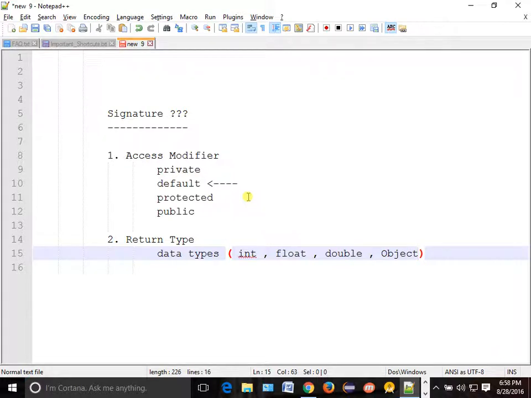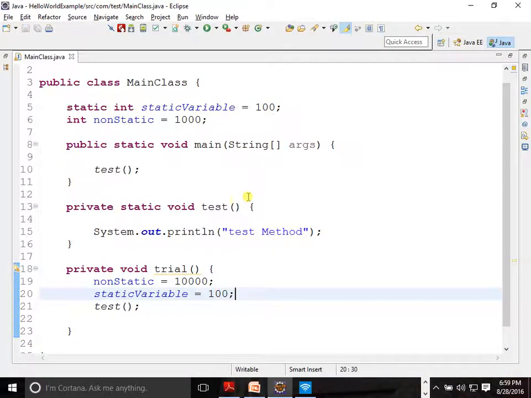You can return some object also. If you don't have any return type, what do you use? Void. In this case, we are using void only. See, we are having return type as void.